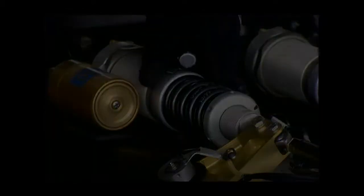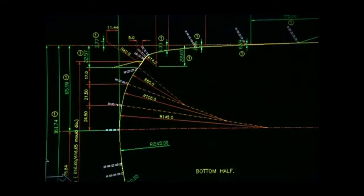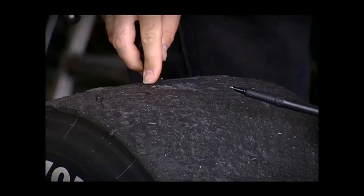The technical team assembled for the A1 Grand Prix project have all been hand-picked by Sheikh Maktoum. A combination of experience and reputation has brought this formidable partnership of companies together to form the technical infrastructure to the series. Everybody, the entire team has been working phenomenally well, and they've really done a fantastic job, and everyone from the drivers, the mechanics, the engineers, to Zytek, to Lola, to A1, everyone's come together beautifully to